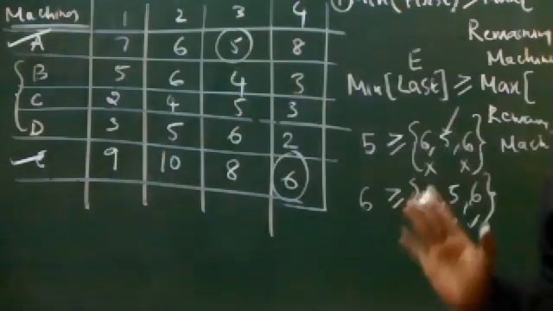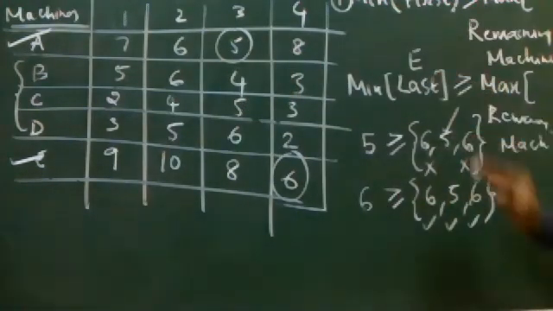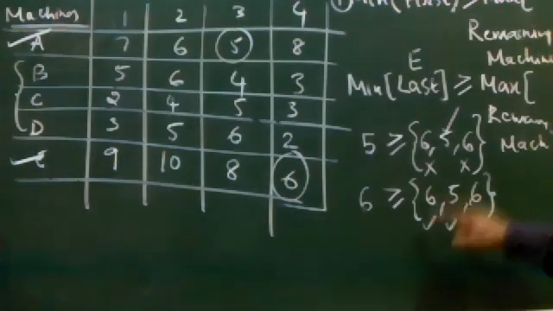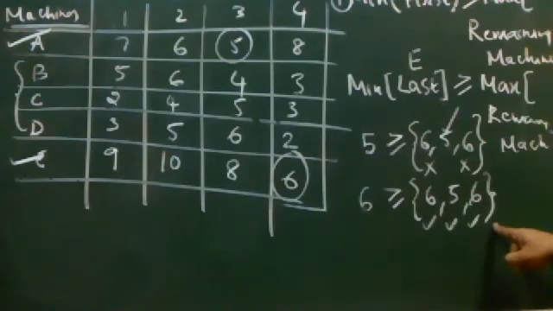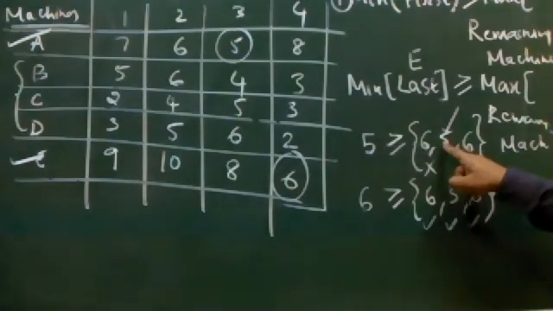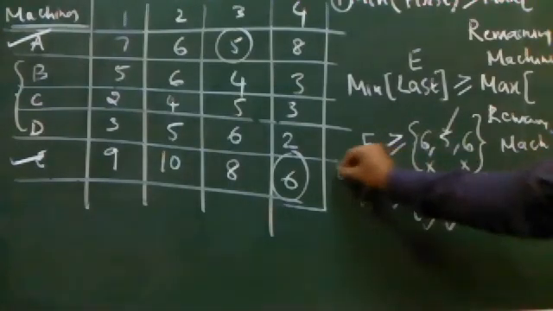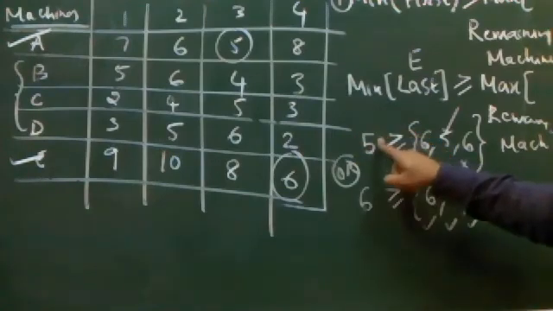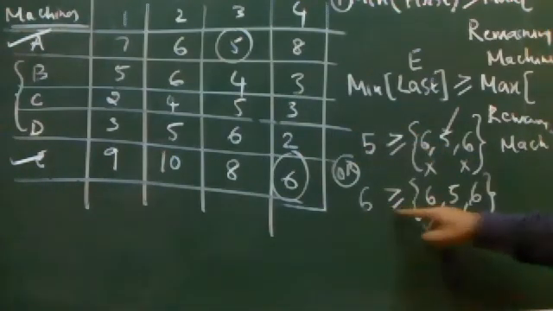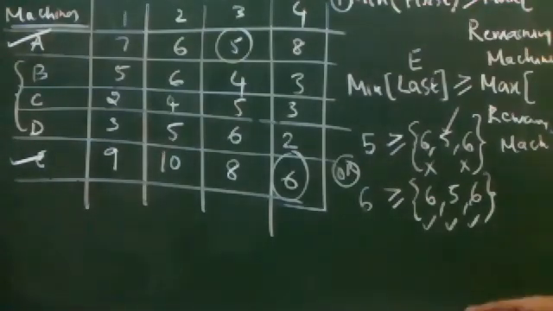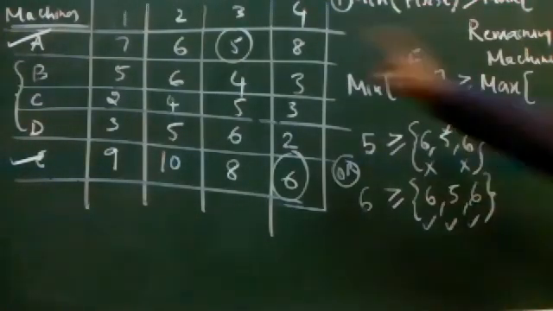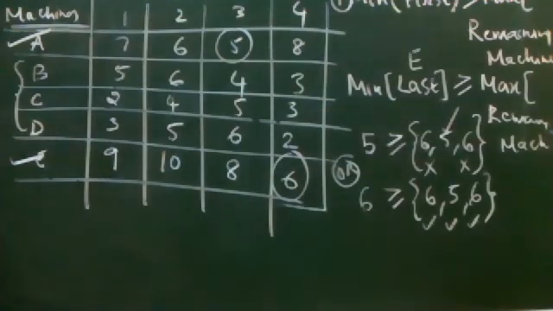When I say the condition should be satisfied, I mean all the 3 to be satisfied. Not only one value like this. The entire 3 values should be satisfied in either of the conditions. Either this or this, either rule number 1 or rule number 2 should be fully satisfied. If either of them is fully satisfied, then I can convert this problem into a two machine problem. So this is the prerequisite or precondition to be verified before we start solving the problem.